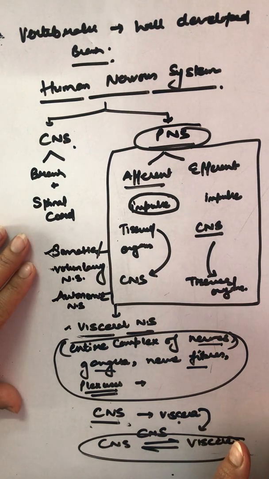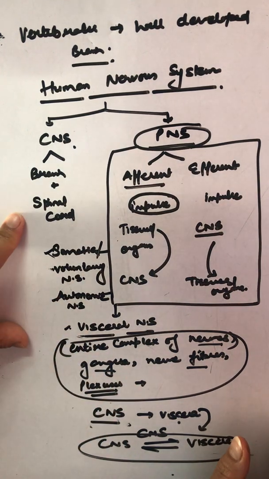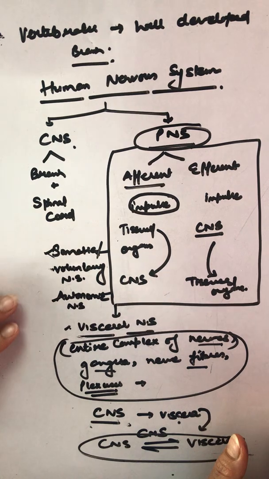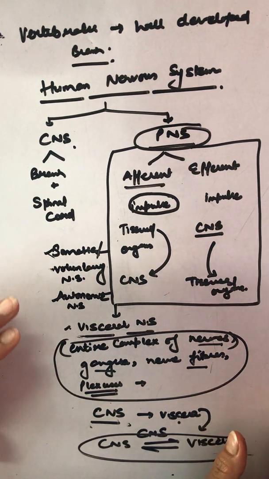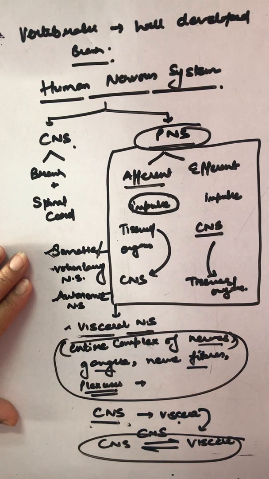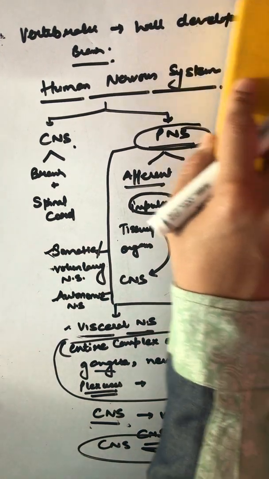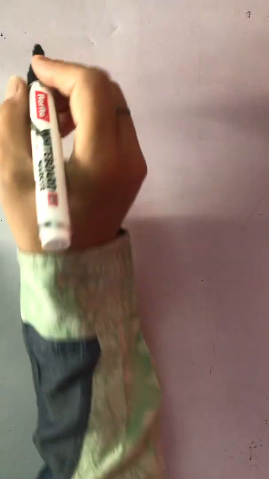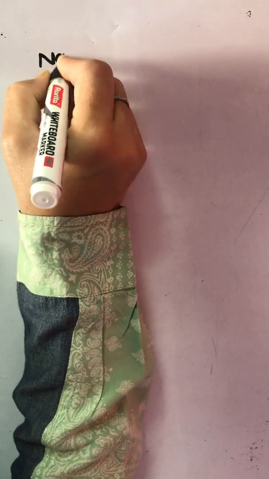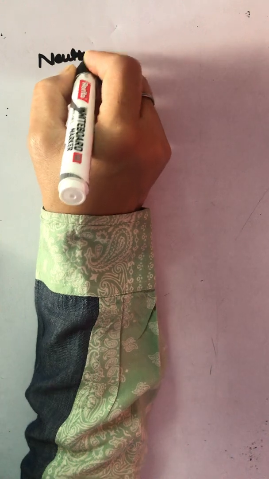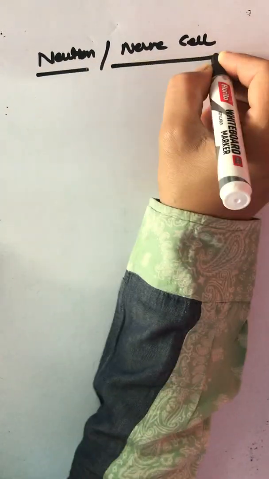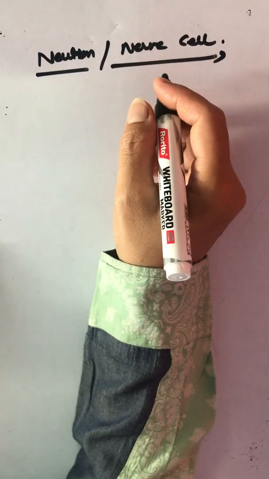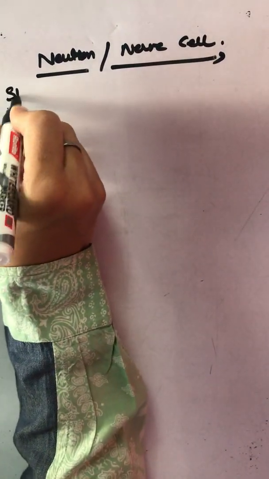Now moving on, we have talked about special cells, neurons or nerve cells. What do they look like? What is the structure? And how do they act in transmitting the messages? Neuron. Other name, nerve cell. Unit of the nervous system. Specialized cells